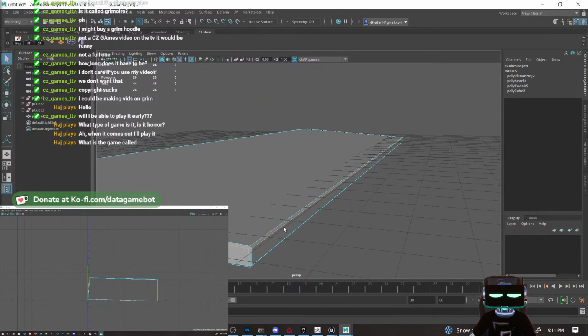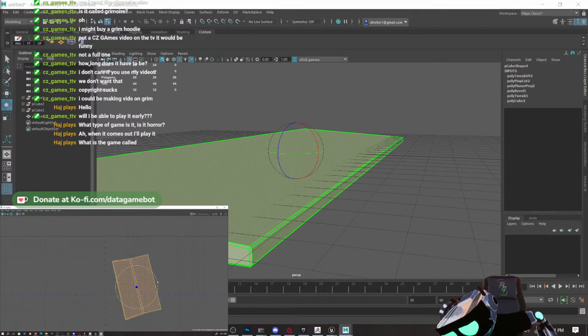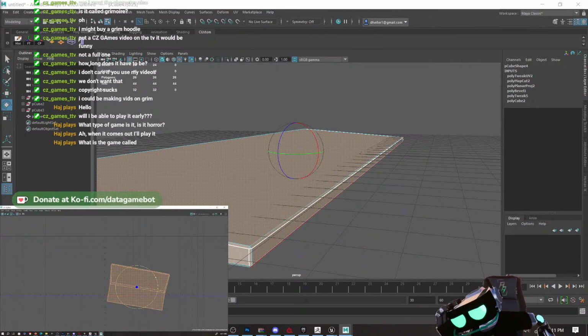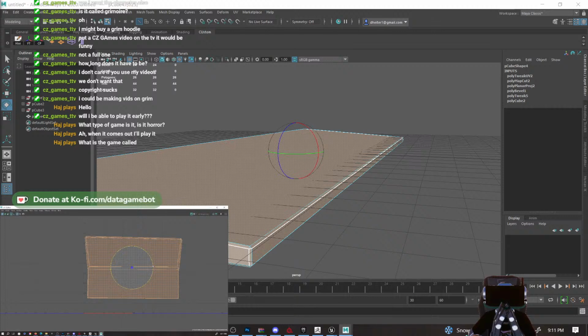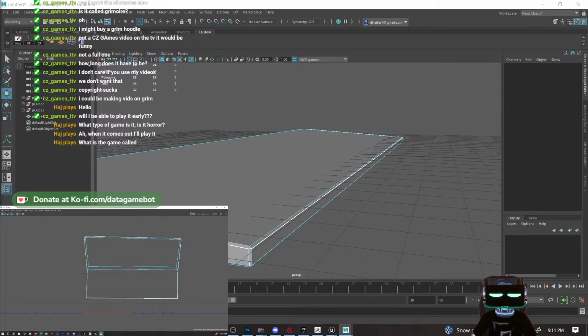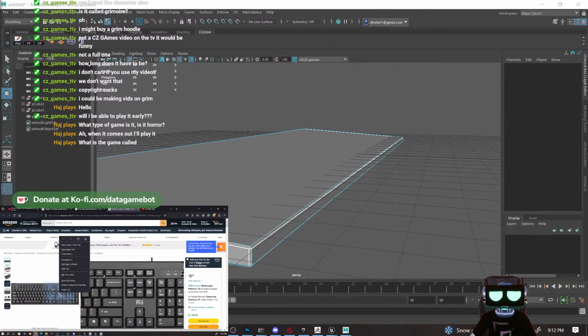Okay, cut it in the corner. Shift X, we shall unfold. That's our bottom. Okay. Alright, take